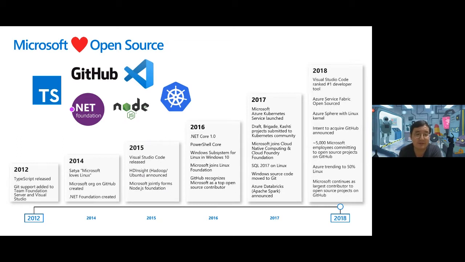For example, Microsoft announced HD Insight. HD Insight is hardware plus a kind of hardware Ubuntu. And also Microsoft jointly formed the Node.js Foundation. And in 2016, .NET Core 1.0 was released. And another breaking news was that Windows Subsystem for Linux in Windows 10 was released for developers, which means